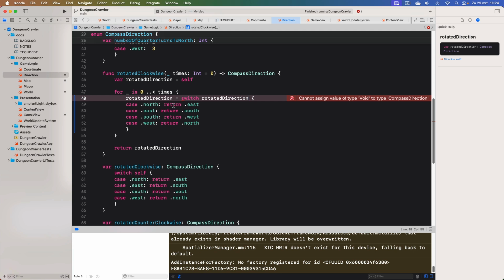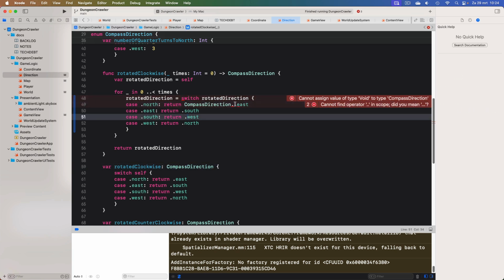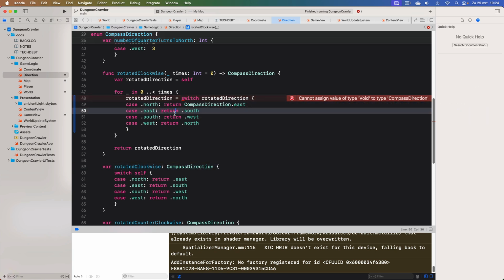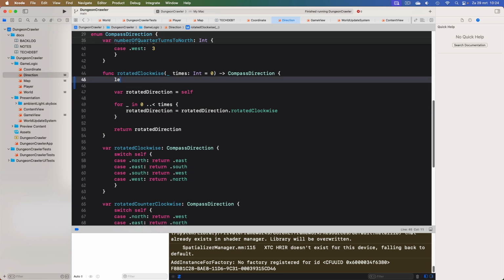Is this not allowed? Okay, so we can't, a switch is not an option here. What we then can do is